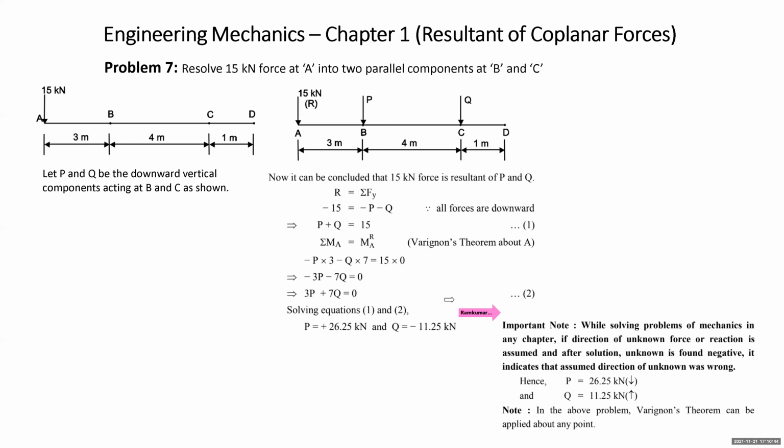तो अभी ये problem जब मैंने solve किया तो मेरा P positive आया. मैंने initially P and Q दोनों को downward assume किया. मैंने sign convention follow किया chapter का. Solve करने के बाद P positive आया तो मैं क्या assume करूंगा? Assumed direction of P was right, it is downward only. अभी ऐसा मत बोलने लगना P positive है तो इसको तो सर ऊपर ले लो, right?